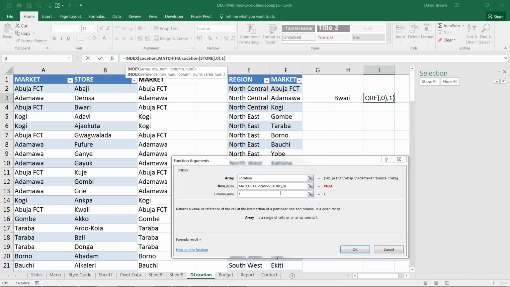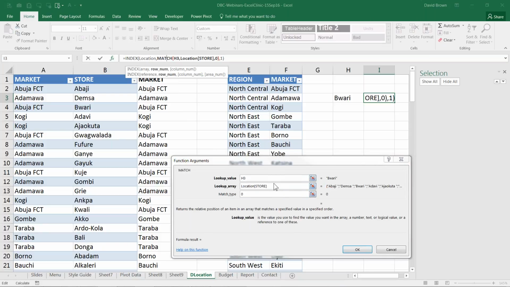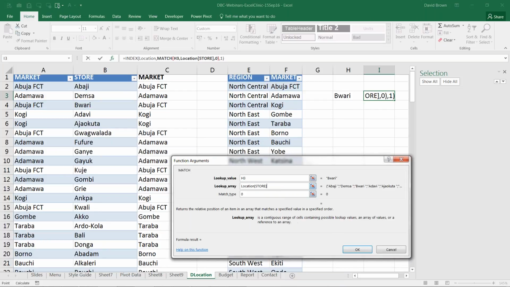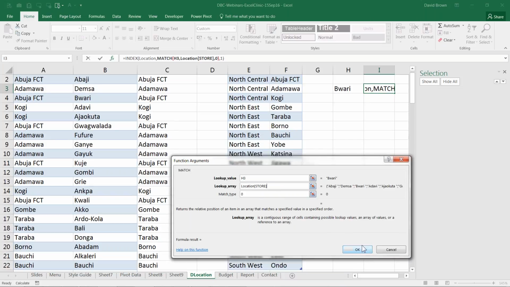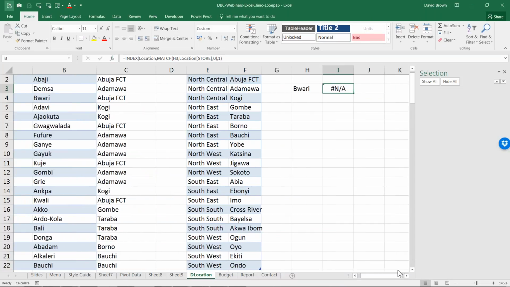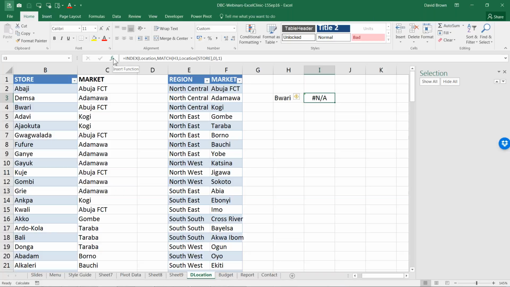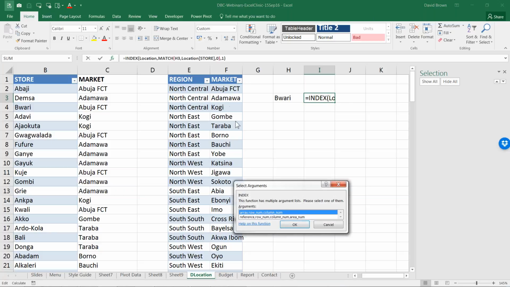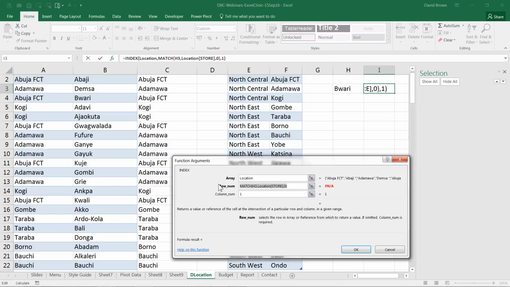If I go back to INDEX, you would see you have MATCH, this Buhari, location. Let's quickly get back to MATCH. So we're looking for Buhari in this location array. Okay, let's click OK. Let me just see what's up. Hold on a second. Okay. Now you have your location data.